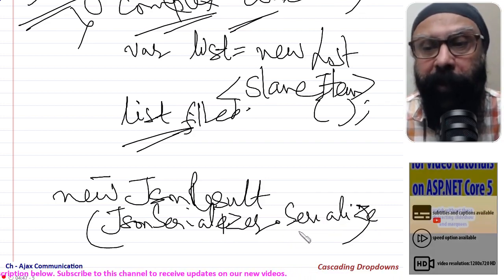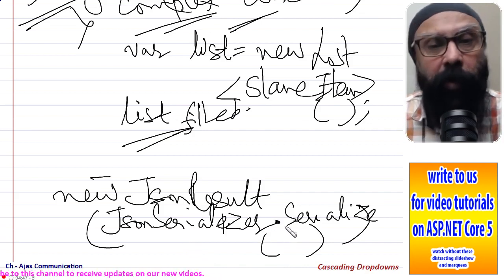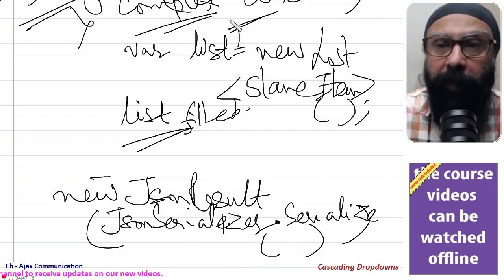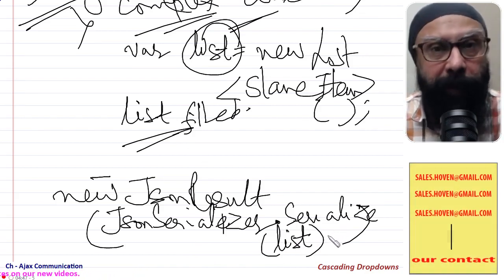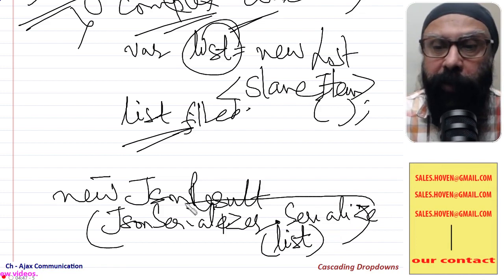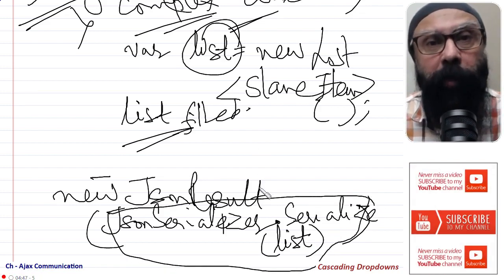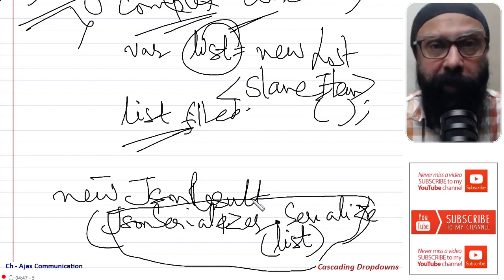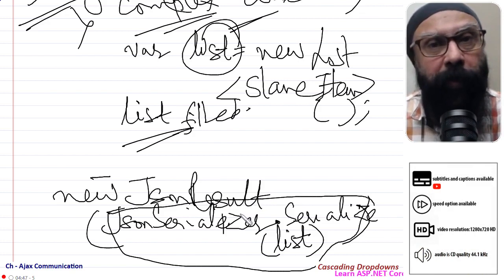This is a static function of JSON serializer, and we pass this list to this serialize. This part will take care of converting the whole list into a JSON string. This JSON string is now sent to the client side.